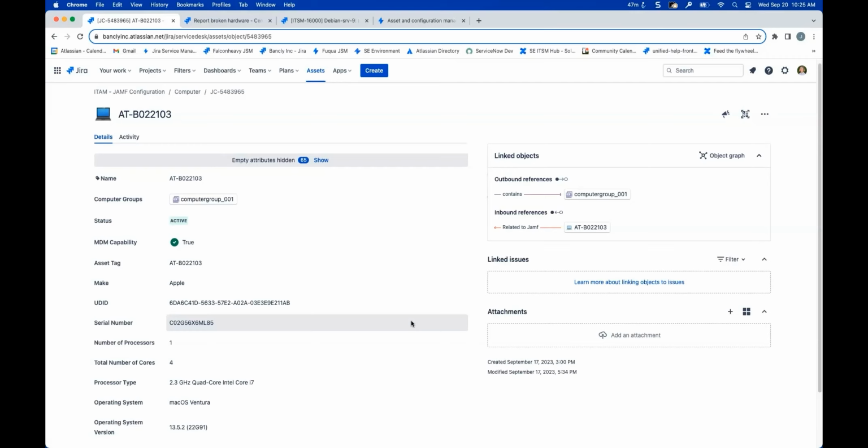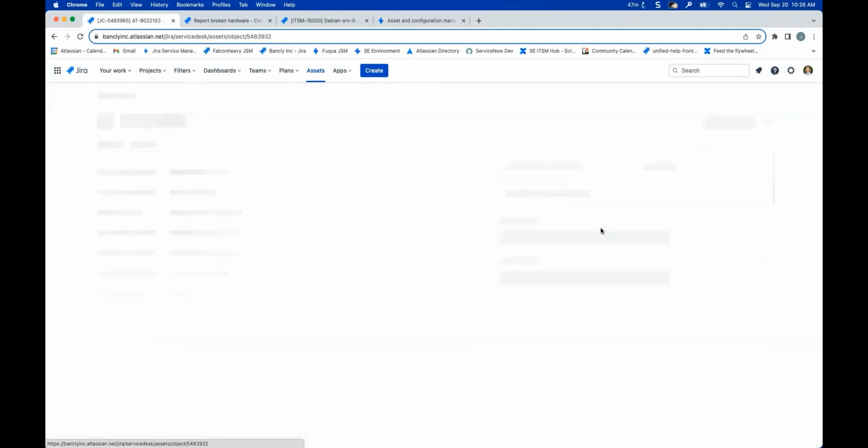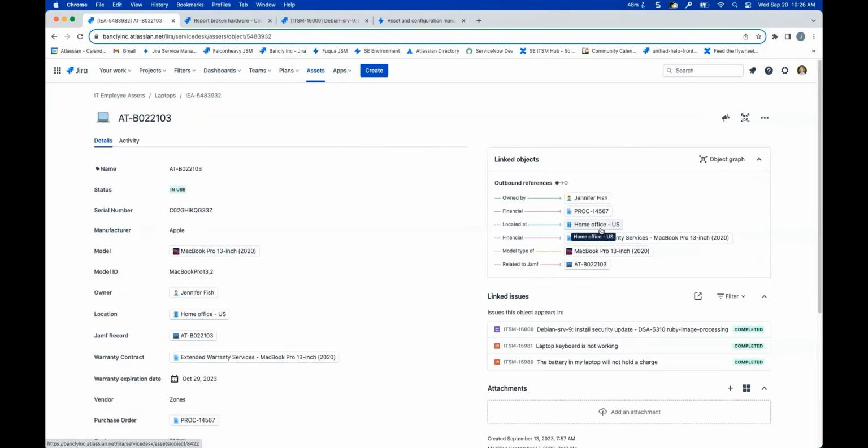I want to call this out because it highlights the assets approach to having schemas that are logical groupings of data, so that we can have a schema for laptops and then a separate schema for different integrations, for example, for Jamf or for Google Cloud. And then from there, we can use that information to federate it and, through automation, keep our records updated.